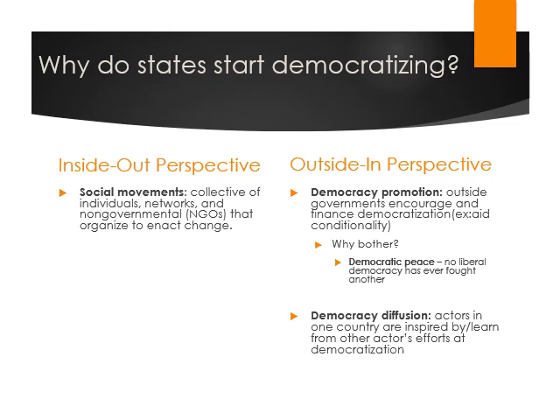The final outside factor is democracy diffusion, which, diffusion is the spread from one area to another. Under this belief, when actors see another country democratize, then people in their country feel inspired by those actions and they want it for themselves. They also can copy what one state actor did well into their own country. So you can think of democracy diffusion as a form of copycat behavior. If one activity worked in one country, well, maybe we can do the same thing and replicate the process in our country.